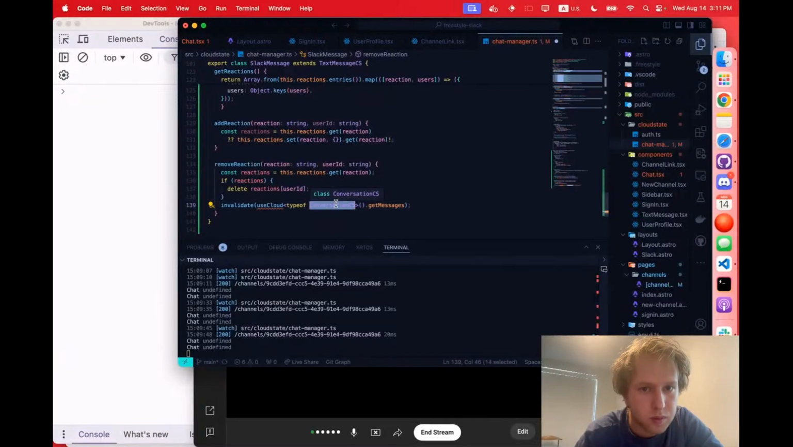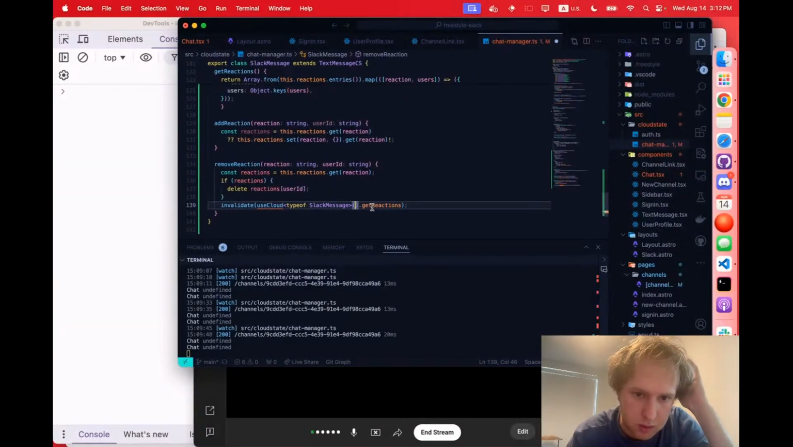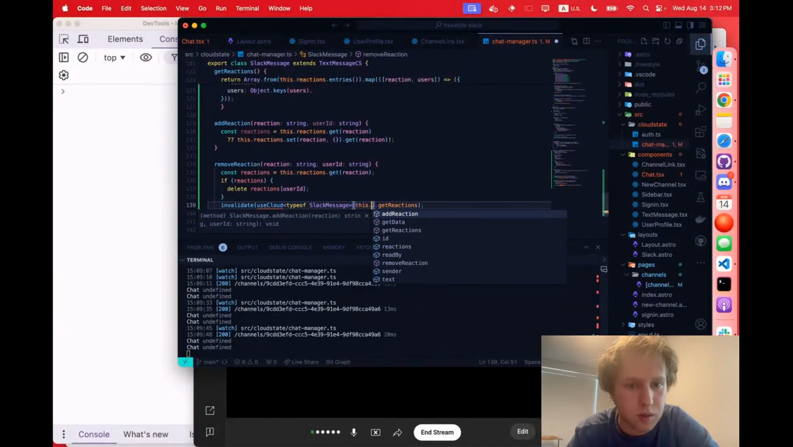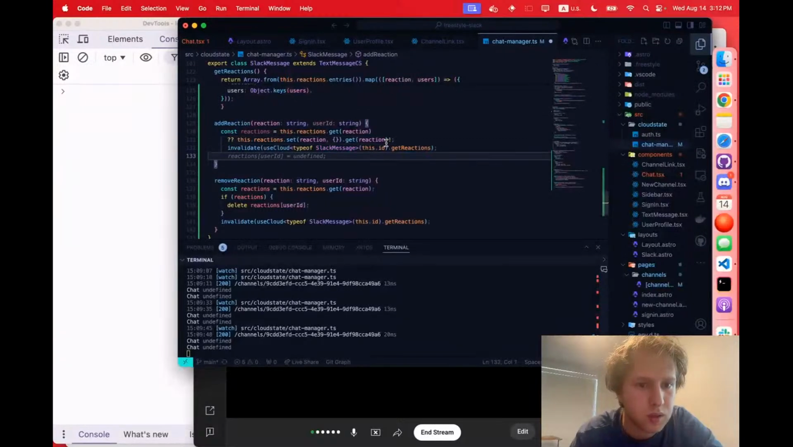Type of SlackMessage, get reactions, and I can do this.id, so it only invalidates itself. Similarly,